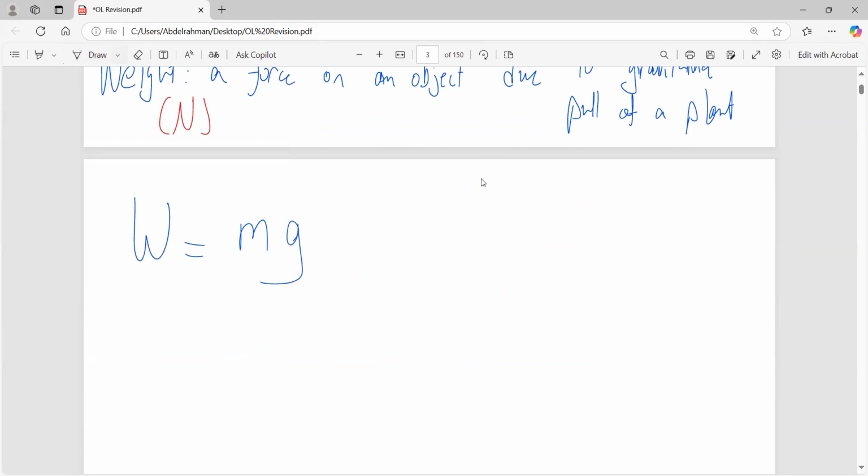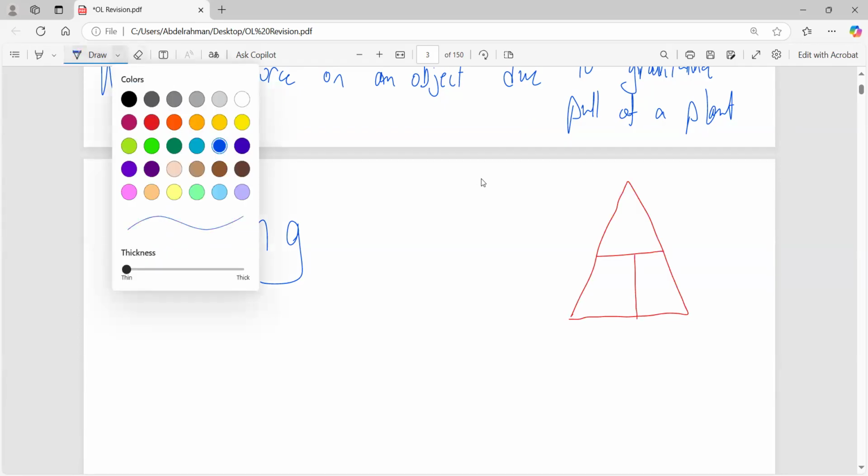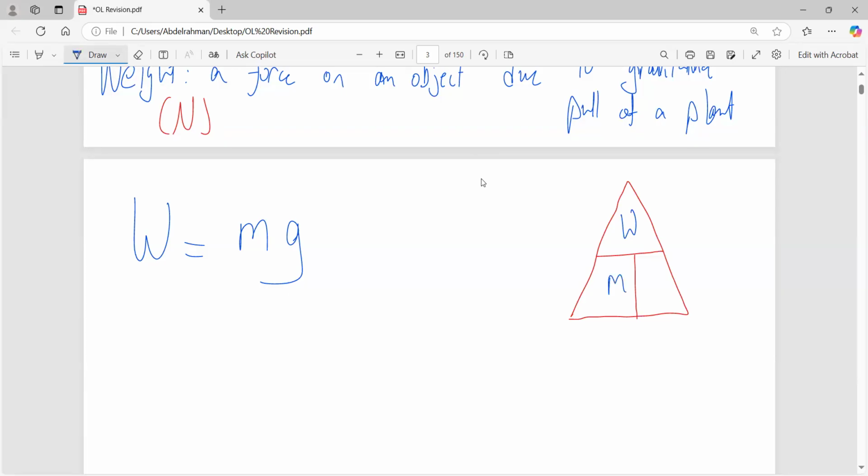Of course we can write down a very simple triangle. I tell you, there's something wrong. Okay, we can write down a very simple triangle. Weight, mg, W on top, M and G. To find the mass, weight over G, and to find the G, for example, if you want to find the G of a different